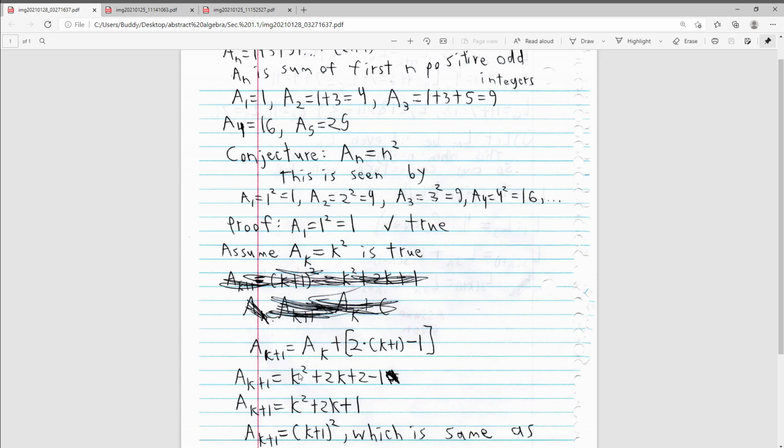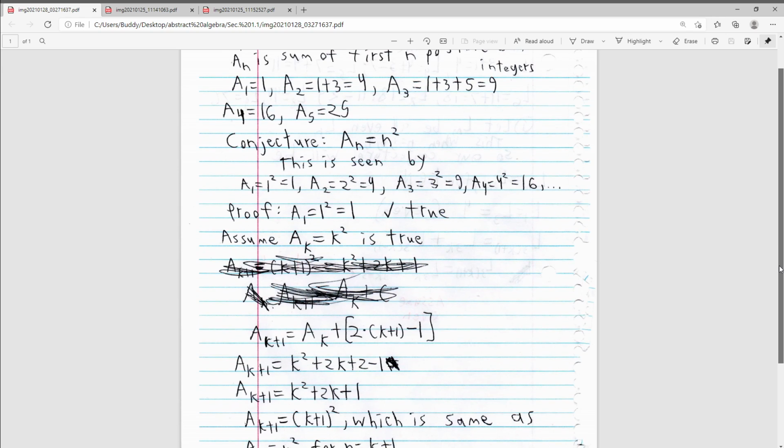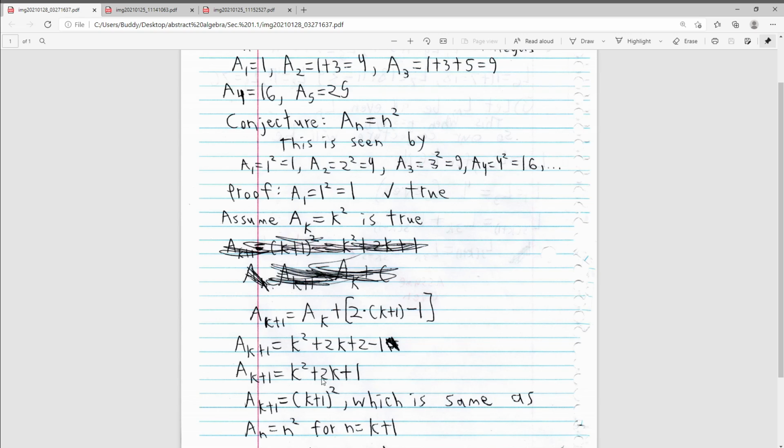We're trying to prove a_(k+1). So it's plus 2k plus 2, because 2 times (k+1) is equal to 2k plus 2, then subtract 1. And then finally, because 2 minus 1 is 1, it simplifies down to k squared plus 2k plus 1, and you can simplify that down so that a_(k+1) equals (k+1) squared. And that's the same as a_n equals n squared with n equal to k plus 1. So, yeah,